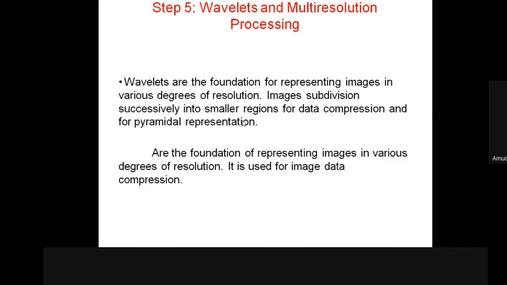So why do we go for a different resolution? If you use a lesser resolution picture or movie, what happens? The data required is very less. And if you want to compress that movie also, it can be done easily. While downloading, it will ask which resolution you want to download. So if you use a low resolution, data will be minimized. And if you also want to transmit it in lower bandwidth, we can transmit the data.